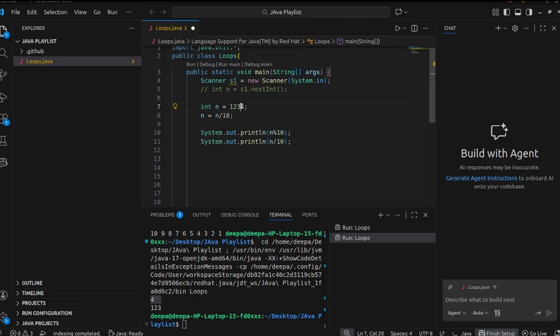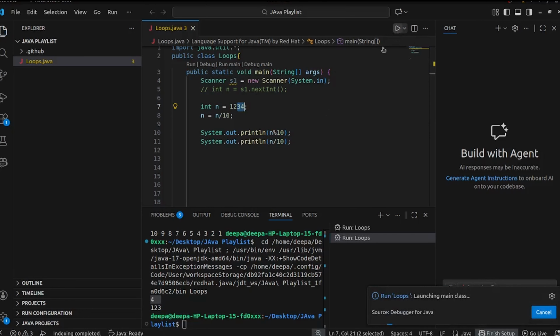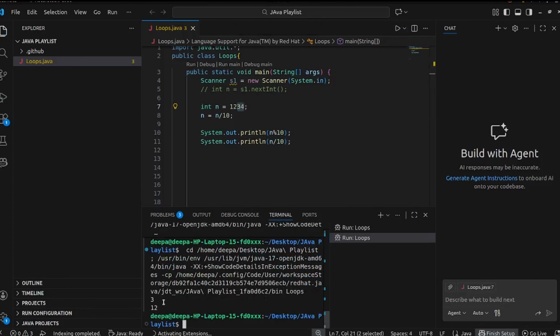this 4. So simply we will get the remainder of 3, and the next quotient will be 12. See, we got the remainder is 3 and the quotient is 12. If I divide it with 100, we will get the remainder is 2 and the quotient is 1. Now if I divide it with 1000, then I will get the remainder as 1,